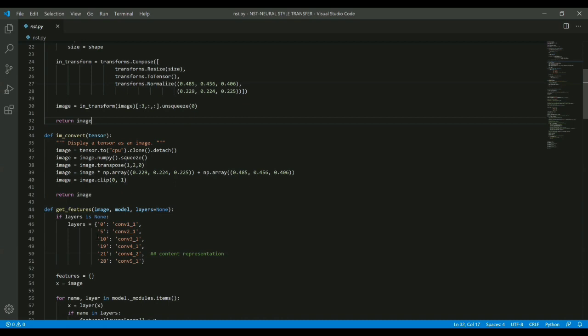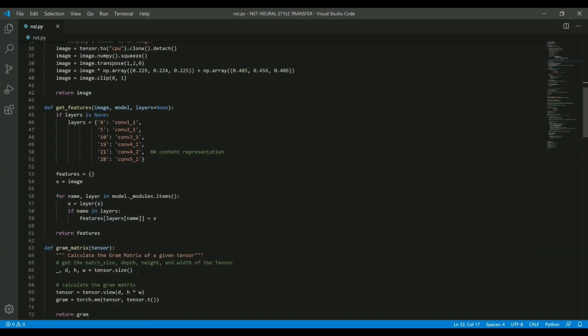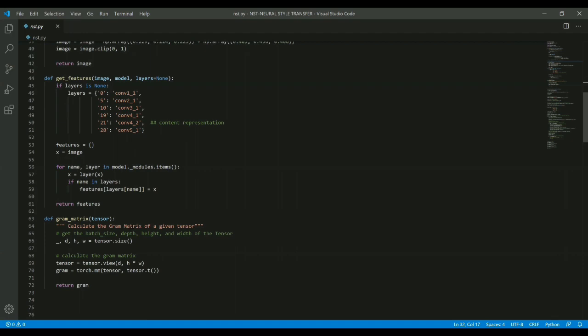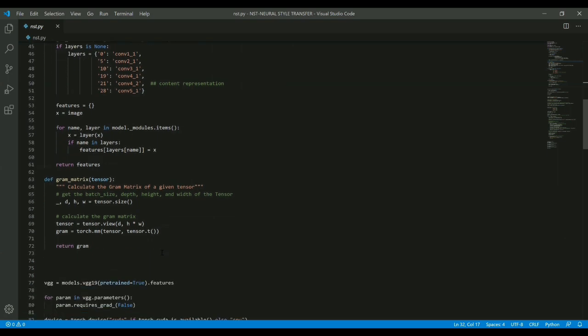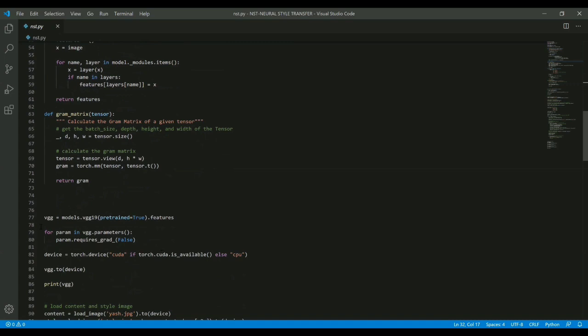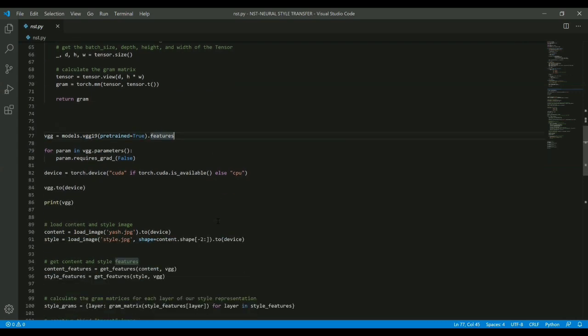And here we have taken convolution layers. If you look into the get features method, we have given the layers of convolution. Also we have calculated the gram matrix. The gram matrix is mainly used in linear algebra to compute the matrix of the given parameters. And here we are using the VGG pre-trained model. As we need a huge amount of image data, instead of training it on our own, we are using a transfer learning based pre-trained model, which is a popular one called VGG.